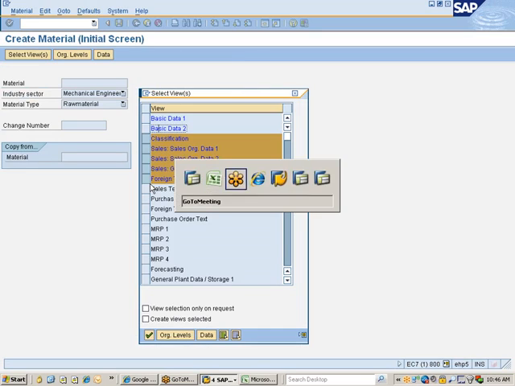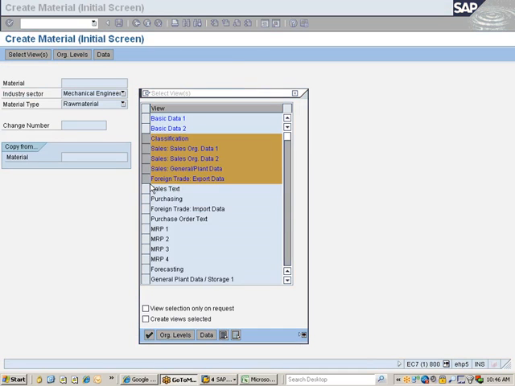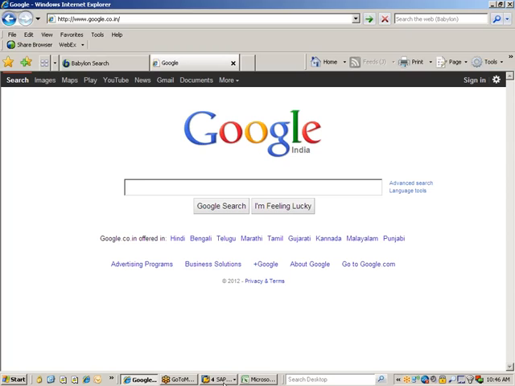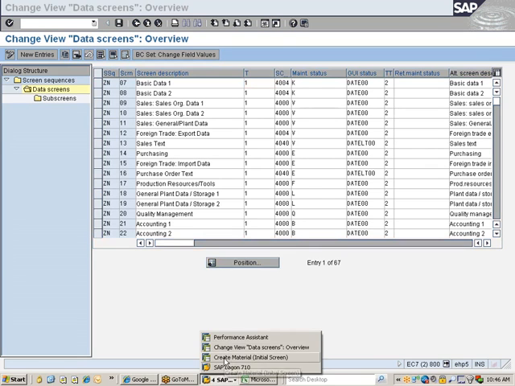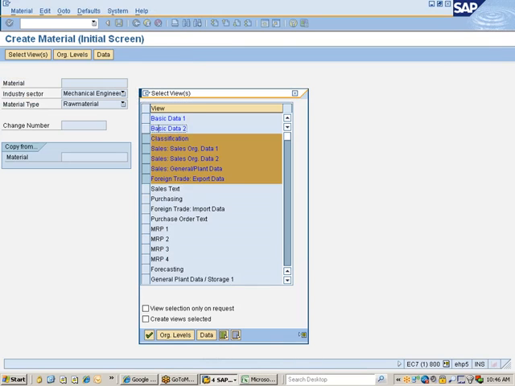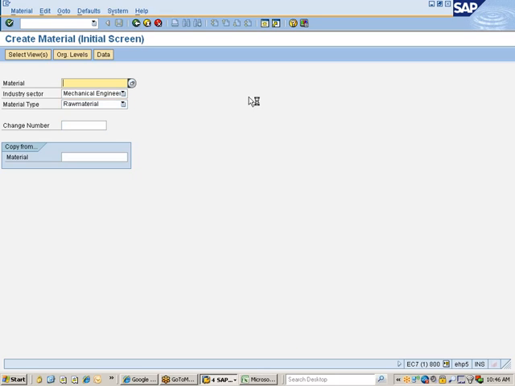Material master screen sequence, right? So you see here, so this is title type. What is title type? Title type will tell you whether it is a main screen or a secondary screen. You see, whatever screens that you see here, when you go with material master, they are called main screens. I will simply show you a material which we have already created,